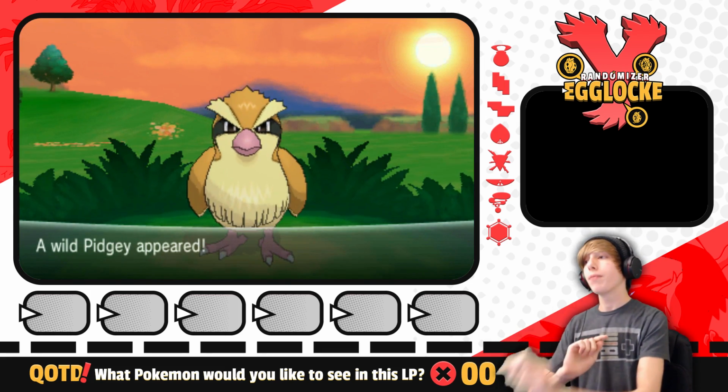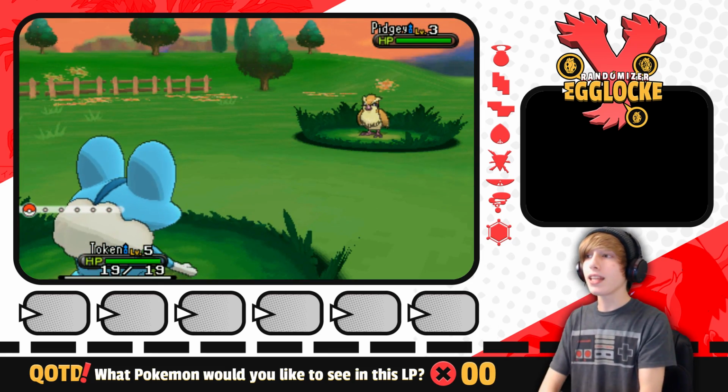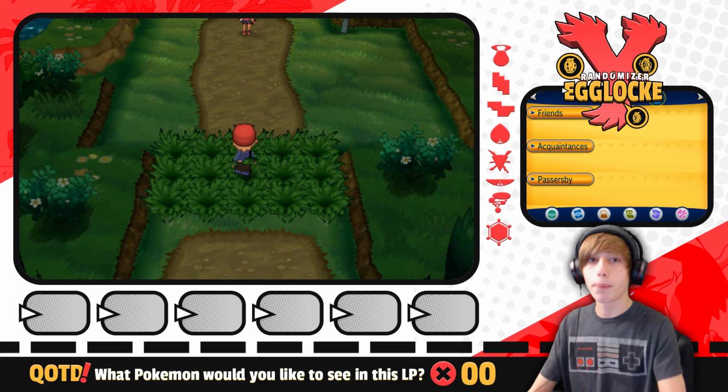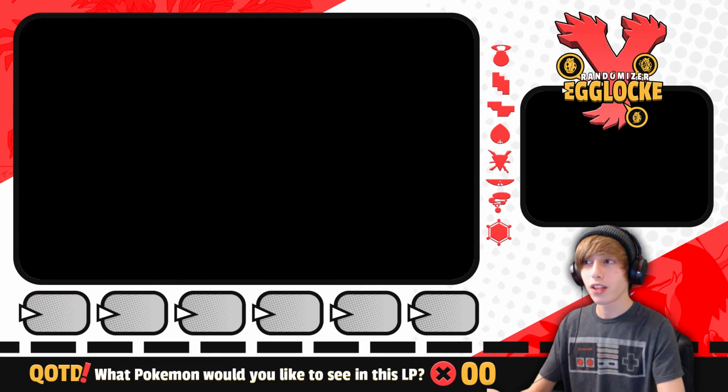So that's a Pidgey. Now, if you guys don't know, a Pidgey always shows up. So that doesn't mean the game isn't randomized. The game definitely is randomized. It's just that the Pidgey is pretty much static. You always get a Pidgey, so let's see what else we can get. We don't have balls yet, so this doesn't count as our first encounter, but...